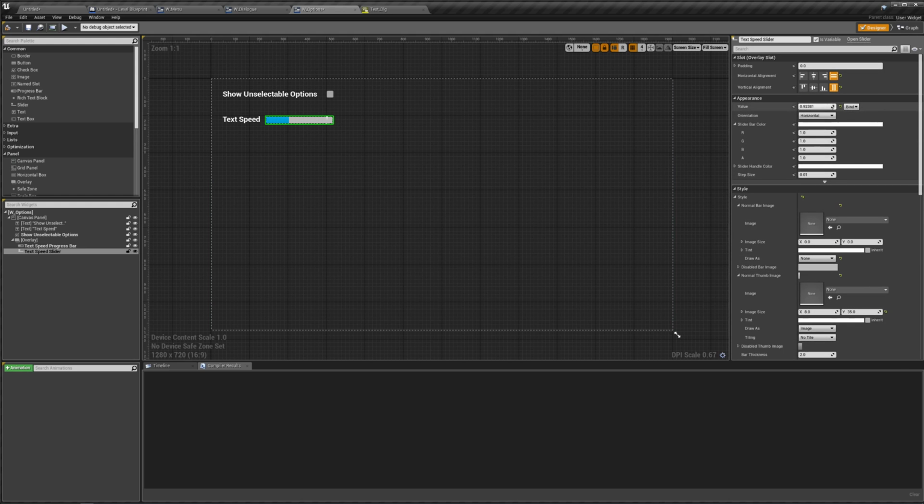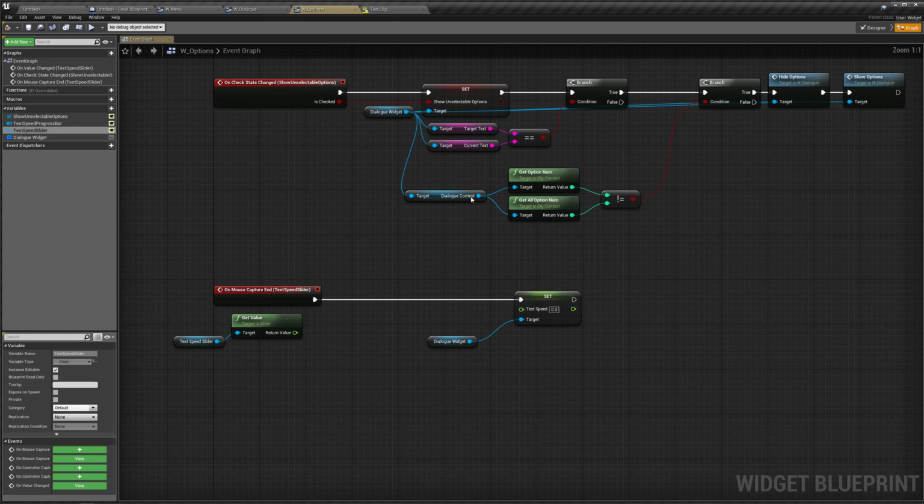Our value is from 0 to 1, and we want the very end of it to be 0, because 0 is our instant type speed, and the closer you get to 0, the faster we're typing. And we don't want the beginning to be 0. We want it to be the slowest speed, whatever that's going to be. So instead, what we're going to do is